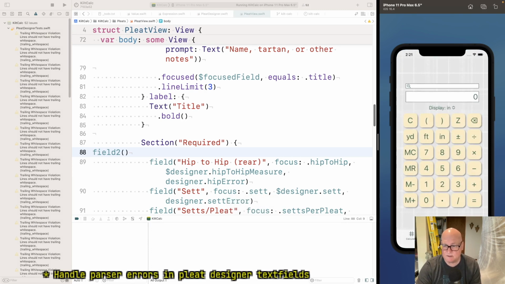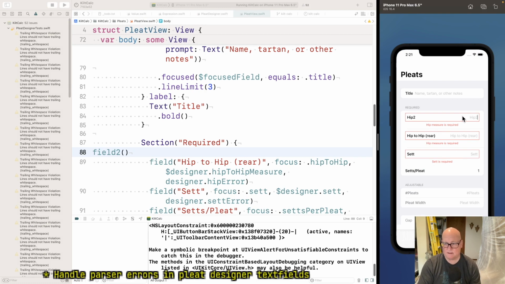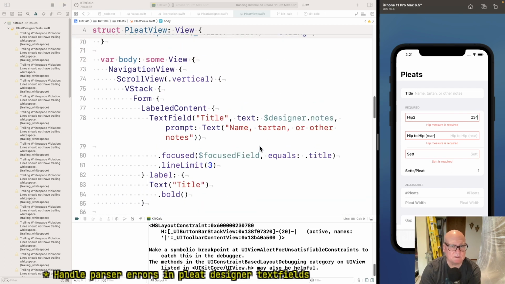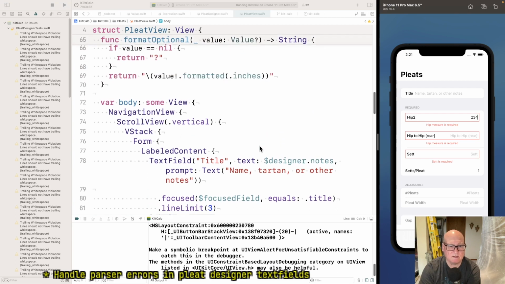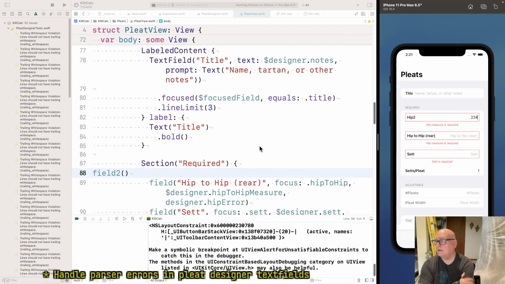I should get a string for hip string. Okay. And I can type anything in that. All right. 2. Hip measures required. I don't think that's a real problem at this point. Okay. I think let's take a break.